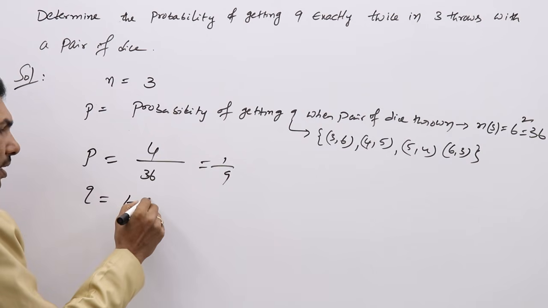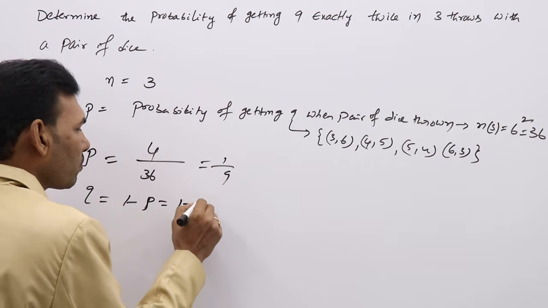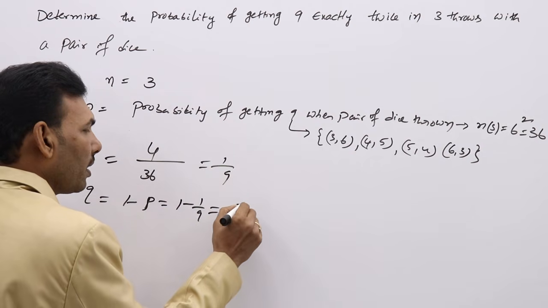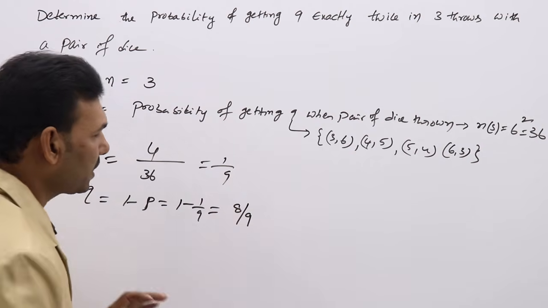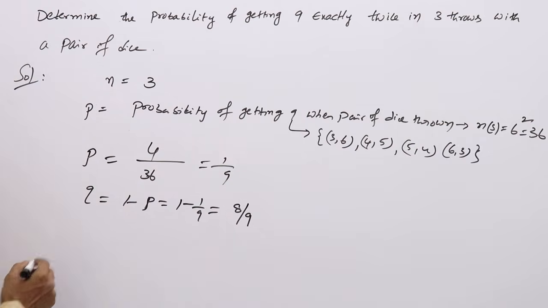We all know that Q is 1 minus P. So 1 minus P means 1 minus 1 by 9. 9 minus 1, 8. 8 by 9. Q. Now we need to find,